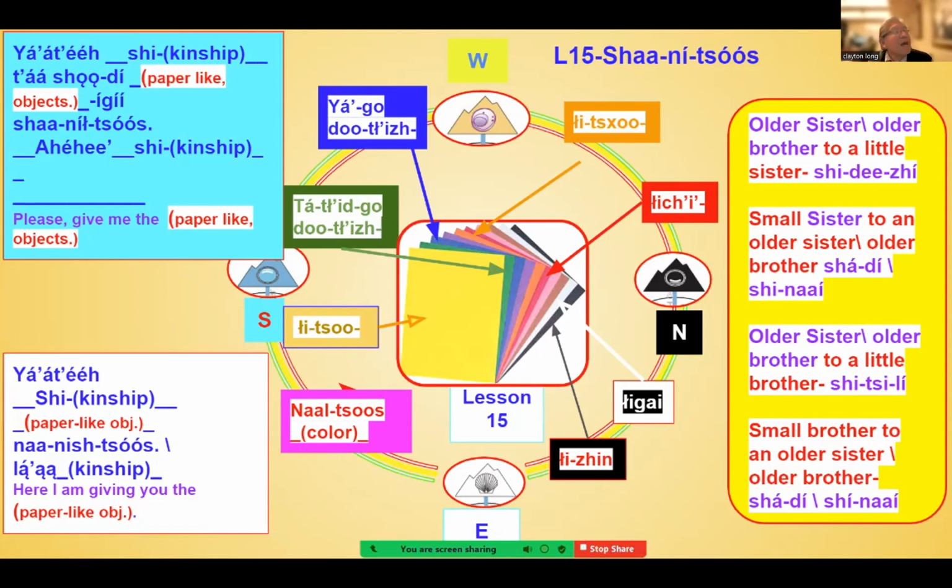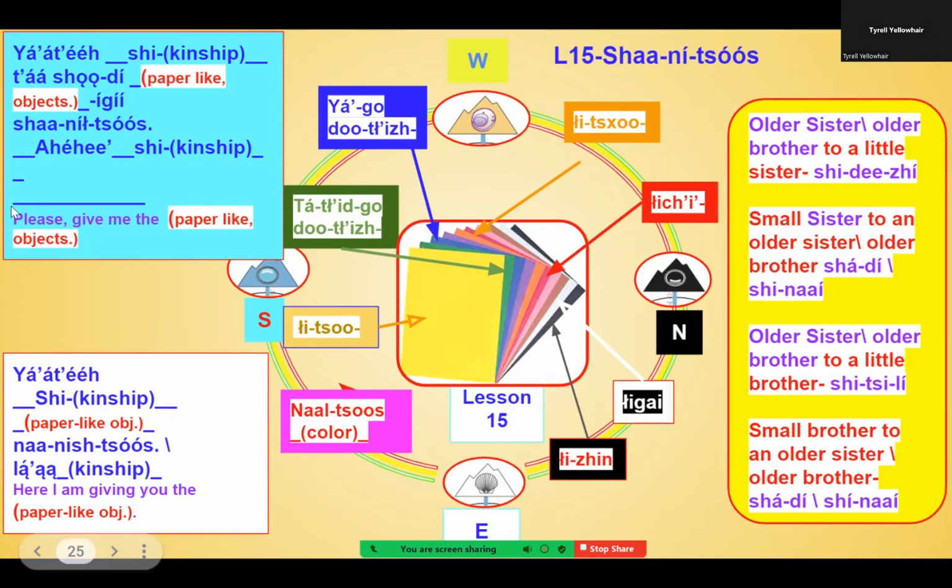Okay. All right, let's go with Terrell, yellow hair, Yad. So I'll do it with you, Terrell. Yad, kinship term. I'm the older brother, but you're not Terrell, you're the boy, so I'm gonna go down here. Older brother to a young little brother. Yad Shitsele. Terrell.